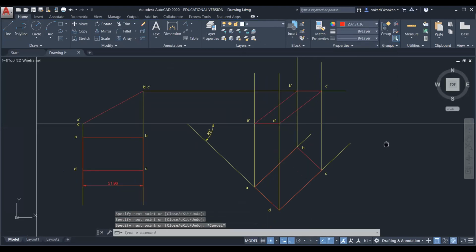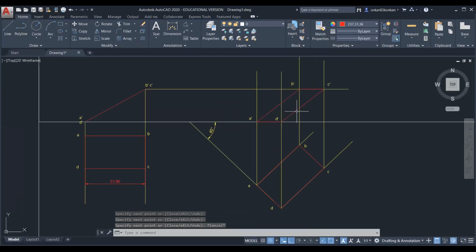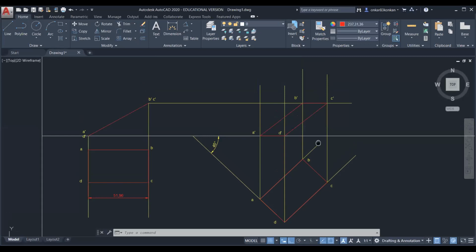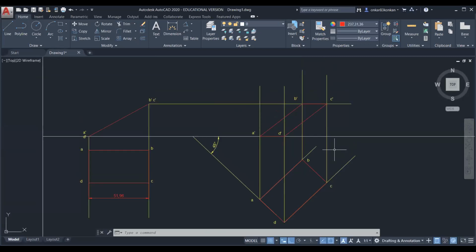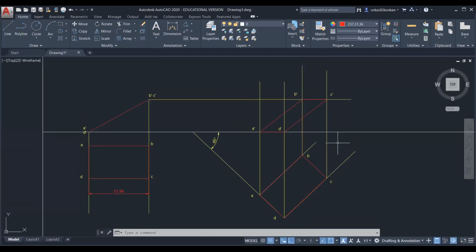Okay, so this completes your second stage projection. So this is how you can complete the projection when the given plane is inclined to HP and VP simultaneously.